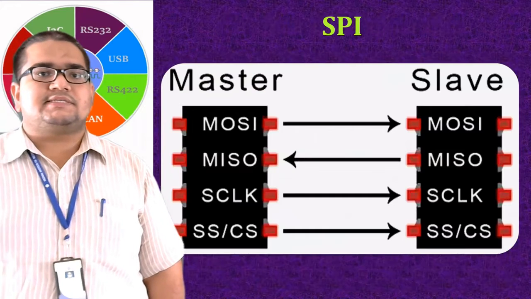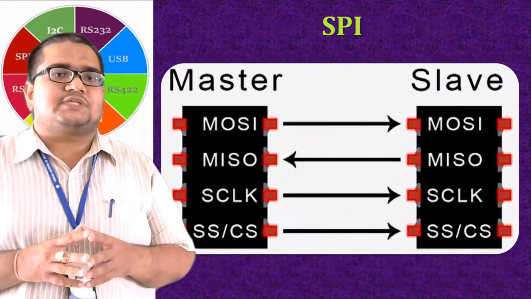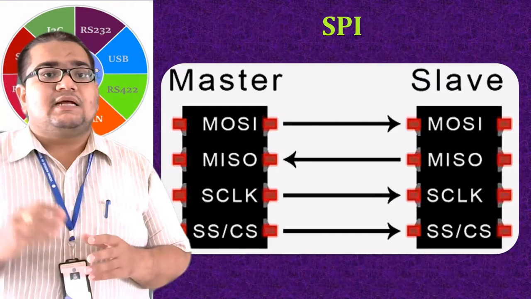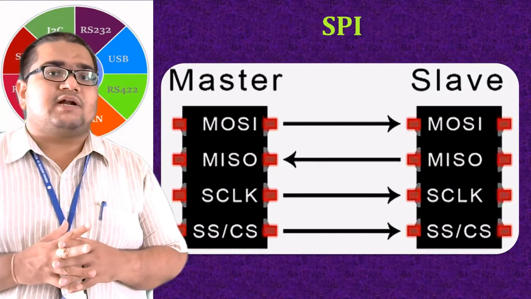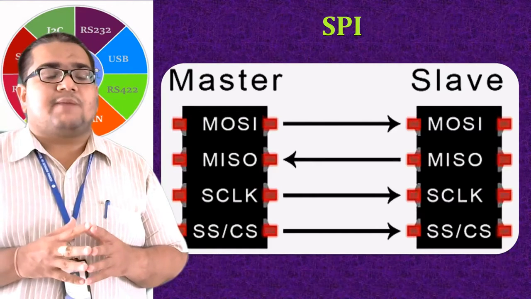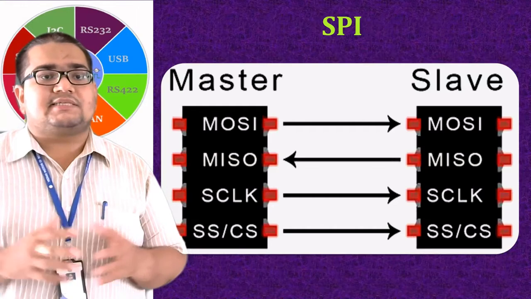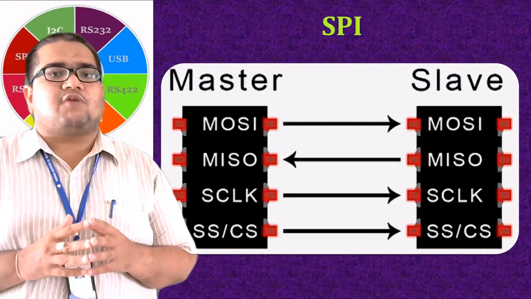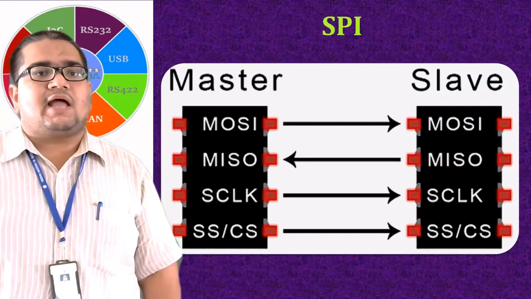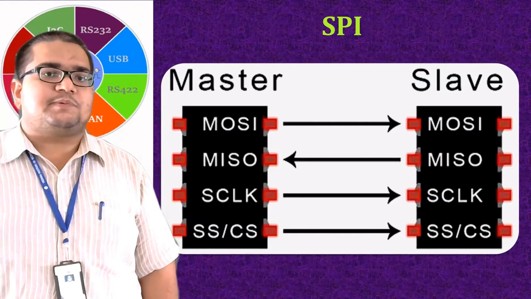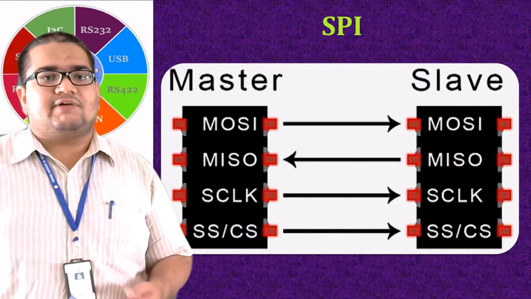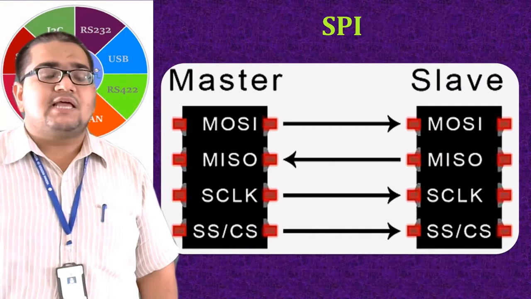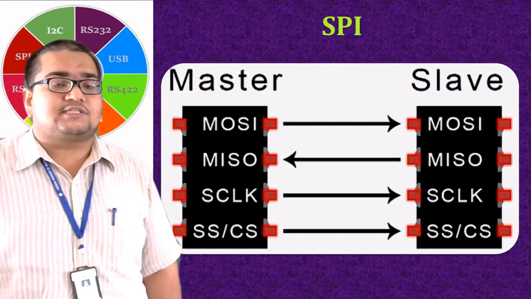Next, what we have discussed is SPI. As we know, in I2C we have a challenge that addressing is required for the master to initiate a communication to a slave. Sending an address frame takes some time, which reduces the speed of communication there. So we have an alternative solution in SPI, which does not require that activity, and the speed of communication can increase by having this slave select line instead.